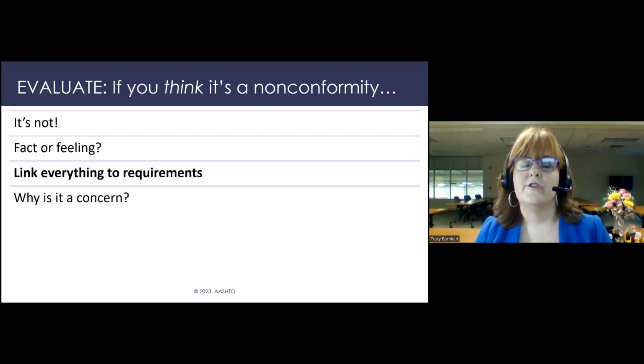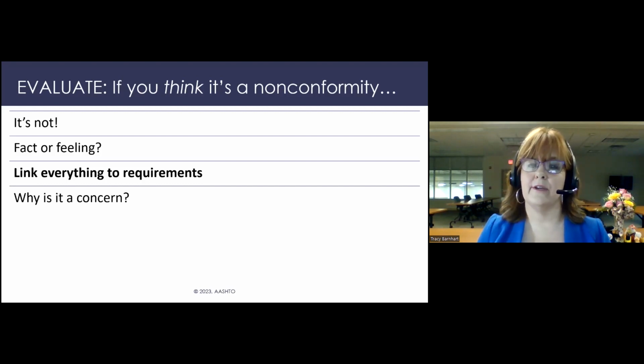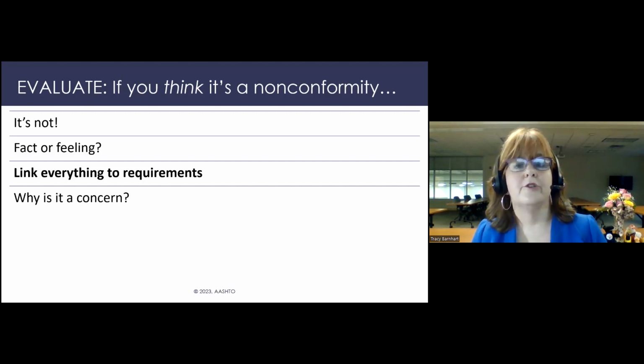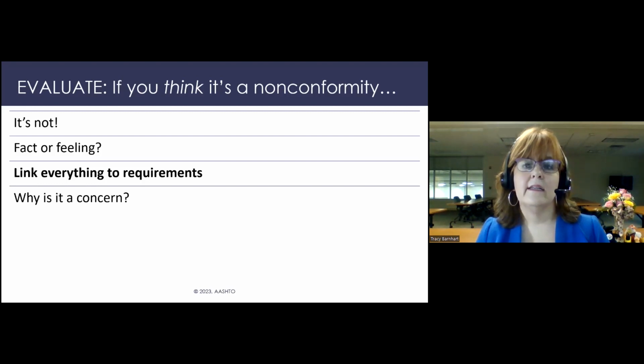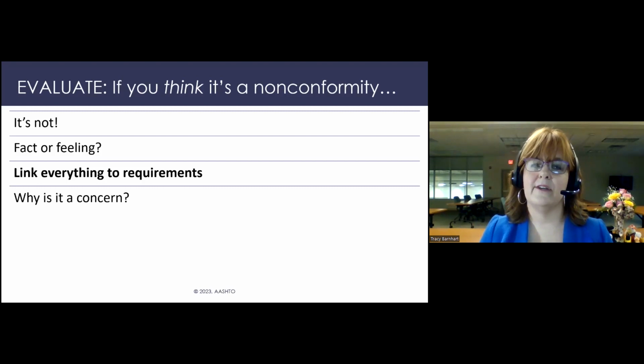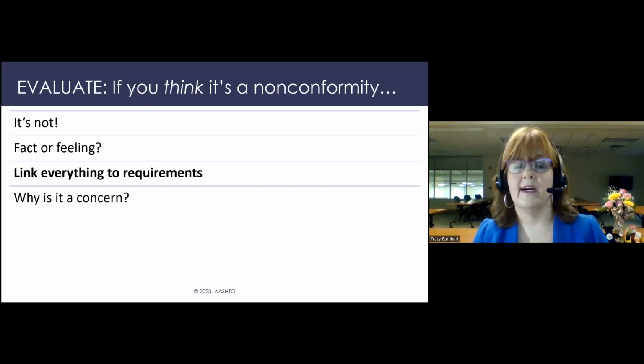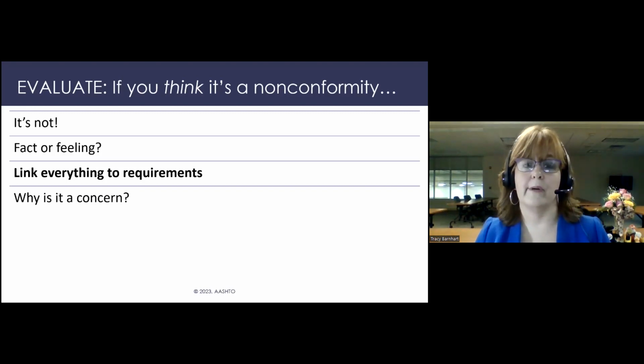Also, when you're determining whether or not there are nonconformities, think about, why is this issue a concern? And is it of value to officially report it in the internal audit report and have the corrective action process applied to it? Is your laboratory going to improve by correcting it? Maybe it's just like a one-off thing. Maybe somebody's name was missing on 1 out of 5 or 10 records that you observed. Does that really have to be a nonconformity? Maybe that can be an improvement opportunity or just a comment on the report instead, because those don't require formal corrective action.